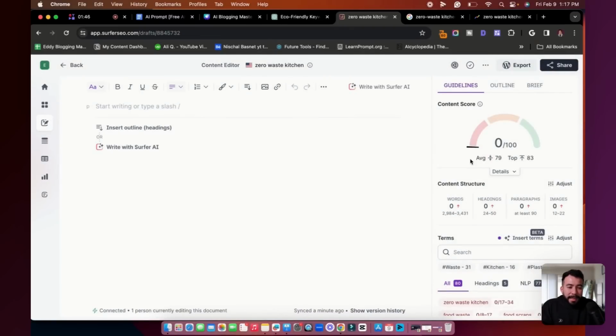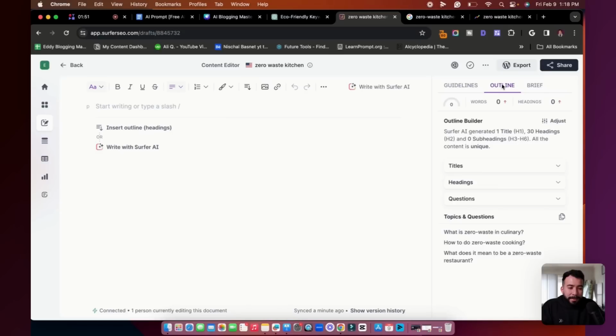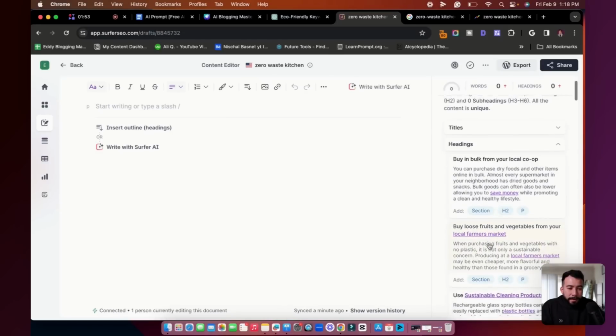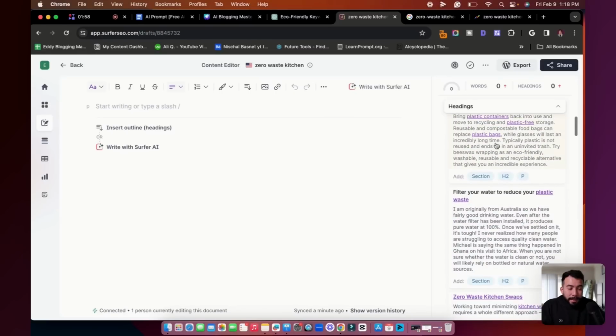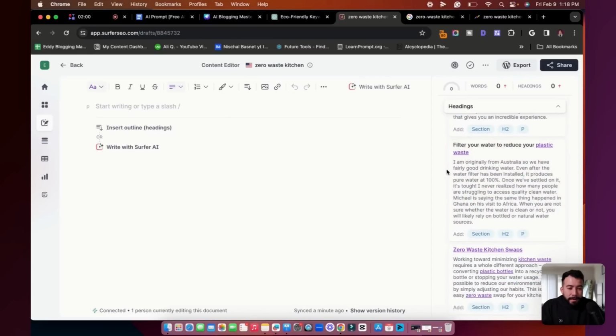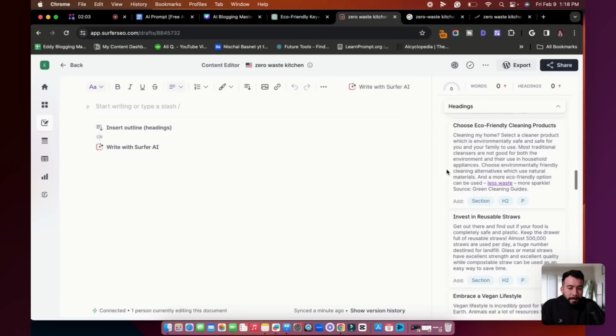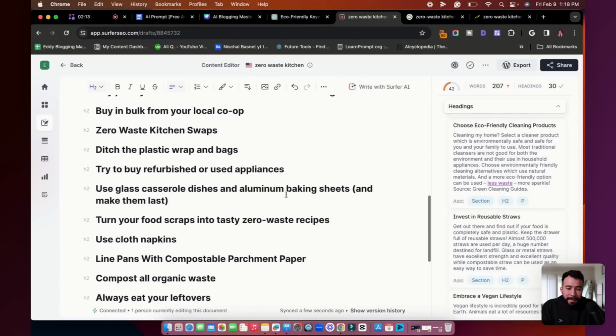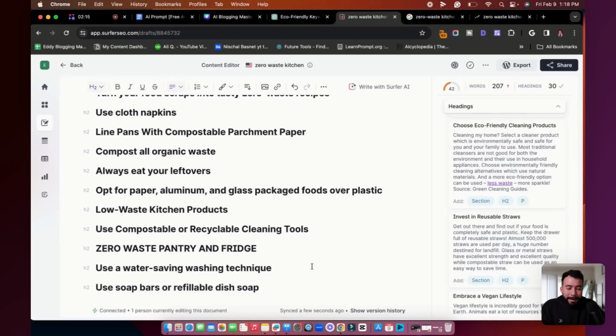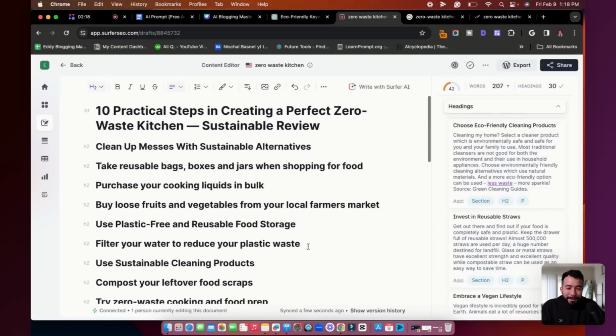And when it comes to picking the headings, like I said, I usually like to review the competition. If you look at the outline section, you can also view the headings here. It's going to tell you what kind of things you can include, the ideas, and even paragraphs. So I just use this very lightly. You could even use their new feature, which is insert outline headings. If we click on this, it's going to generate a ton of different headings for us. Most of them are pretty good. We could just pretend and mess around with this one here for now. There are some you obviously want to delete or remove.